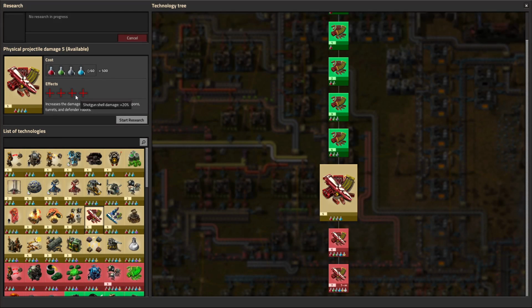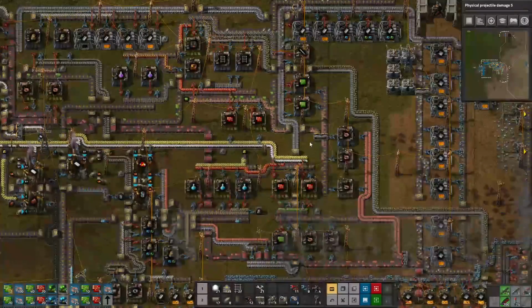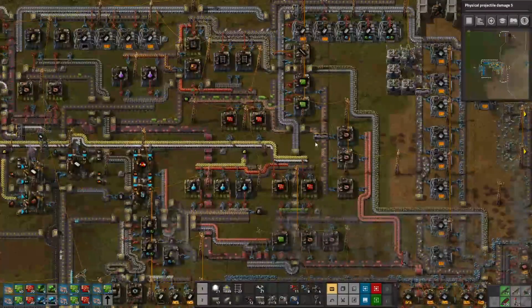Cannon shell, shotgun shell, granny laden egg, gun turret, bullet damage. Nice. Yeah, we'll get that done so we can kill the bigger biters faster. That'll be awesome. I've just been over here picking up some plastic for when we have to build these ridiculous